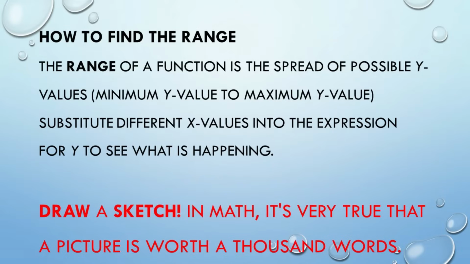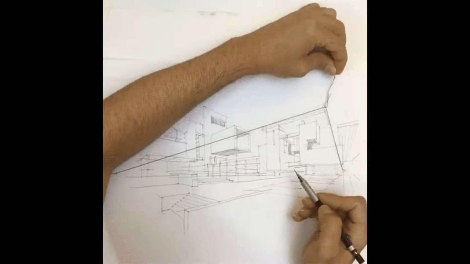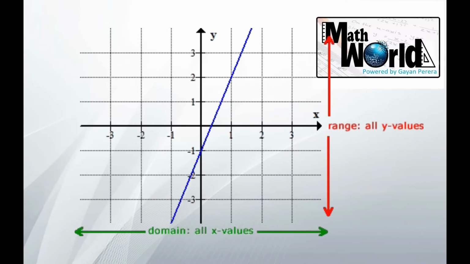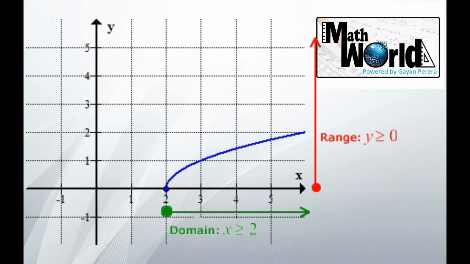Whatsoever, if you have the equation to find the domain or range, it is very easy if you can sketch the shape of it. Remember, in mathematics, sketches play a critical role. If we know the shape, then it is very easy to identify the range. Check the values in the domain, substitute them into the function, and identify the output values. If we know them, we can easily arrange the range.